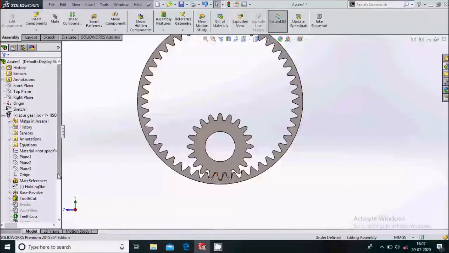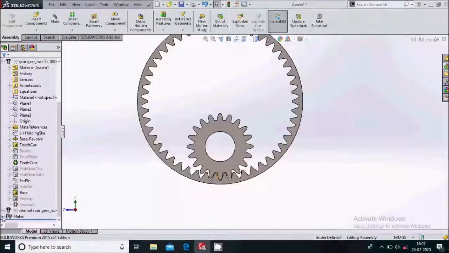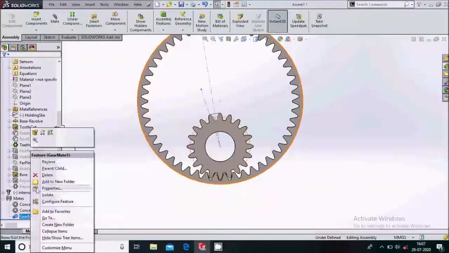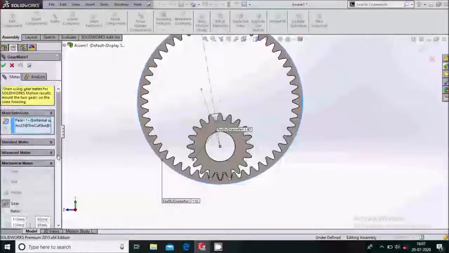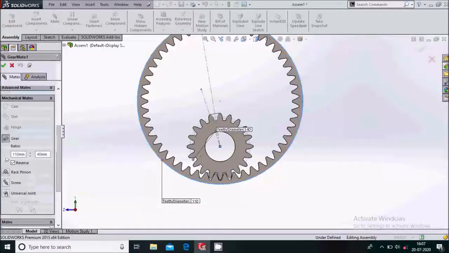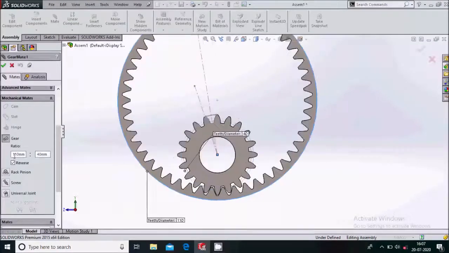Now simply select this and make it normal too. OK. So before that we will go to mate again. Select the mate, edit feature mate. Now here we have to define the gear ratio. Gear ratio is nothing but the ratio of teeth. So the teeth for the internal gear is 50 and the teeth for the external gear is 20.